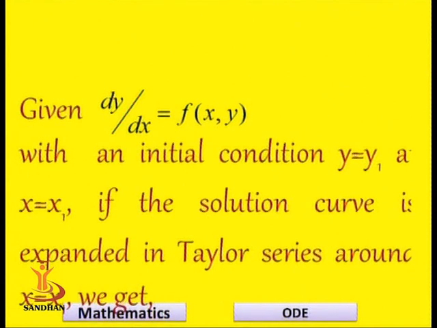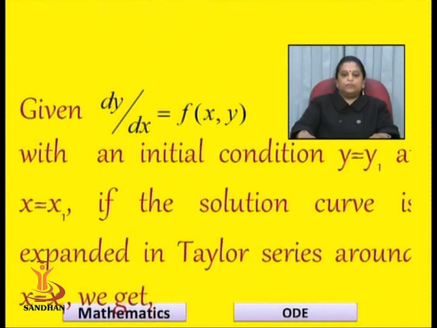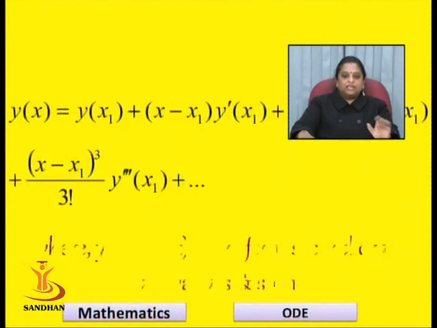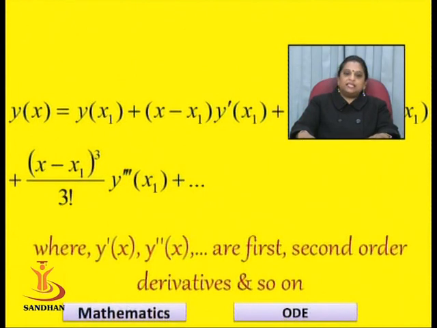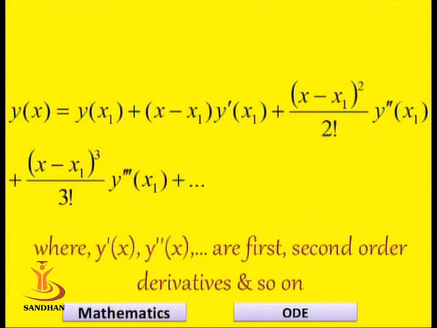Given a differential equation dy by dx equal to f of x, y with an initial condition that y is equal to y1 at x equal to x1. Now, if the solution curve is expanded in Taylor series around x equal to x1, then we get y of x is equal to y of x1 plus x minus x1, y dash x1, that is the first order derivative